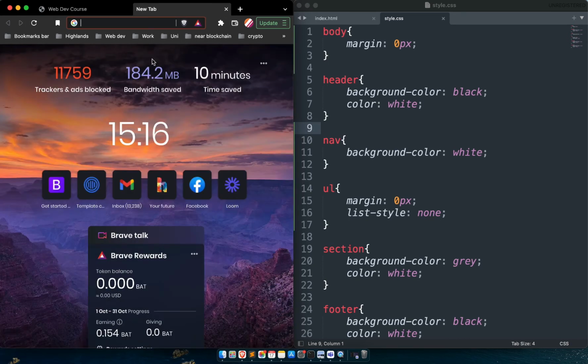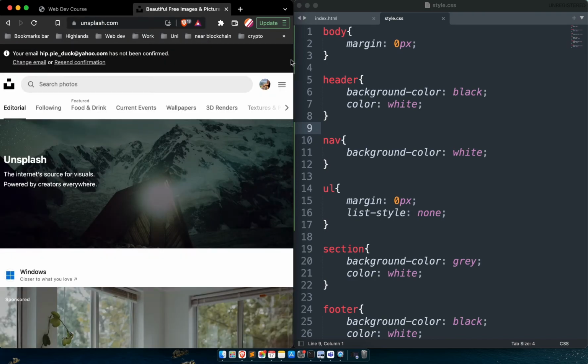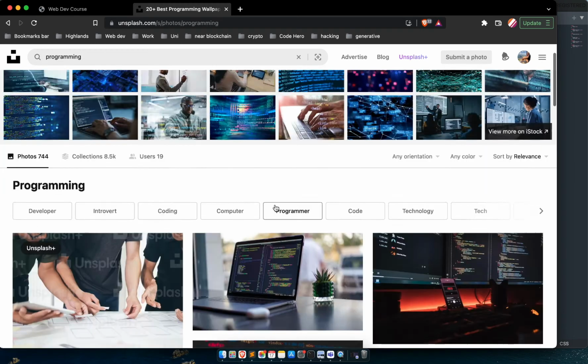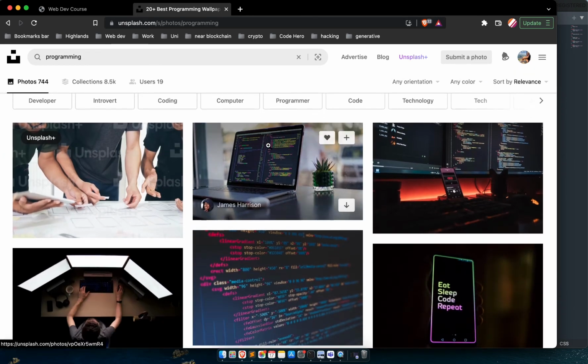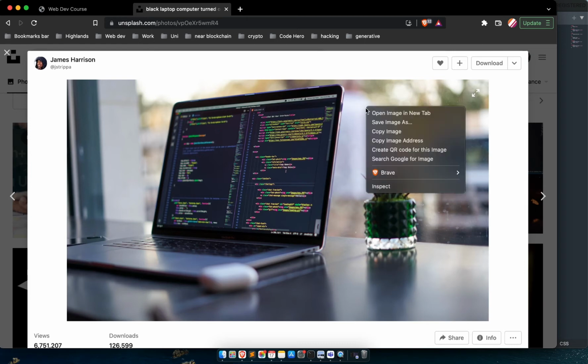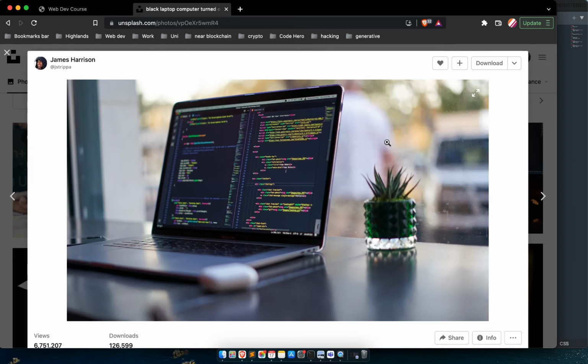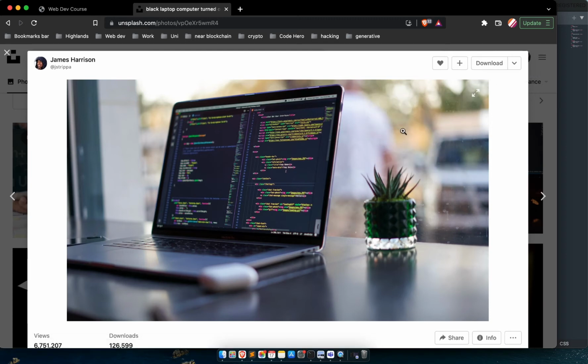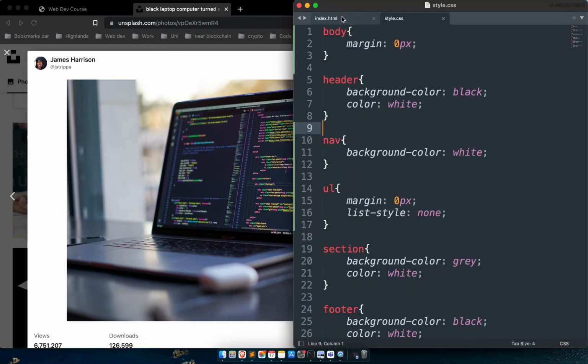So we know unsplash.com is a very useful website with free high resolution photos that we can use, and of course when we build professional websites we can credit them as well, but for now we can just use them. The easiest way to use the picture is by right clicking on the image and then copy image address. Of course, if we were to develop a professional website, we would download the picture to our computer and then reference it from there. But for now, we're just going to right click, copy image address,